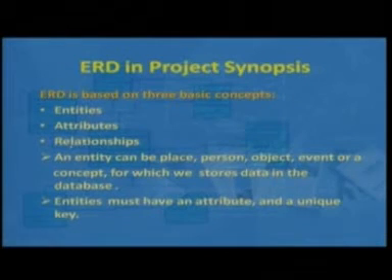If you are doing this, there is a better chance to get your synopsis approved, as well as a better chance to develop your project report as per your specific requirement, and you will be in a position to develop a good project. As I mentioned, entities, attributes, relationships, all these things you have to show properly, and each entity definitely will have attributes, and they should have some key so that they can be easily identified. If you have some weak entities, then try to manage that particular entity as per the specific rules and regulations, so that you can keep track of that particular entity also.